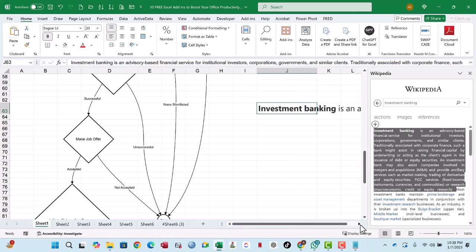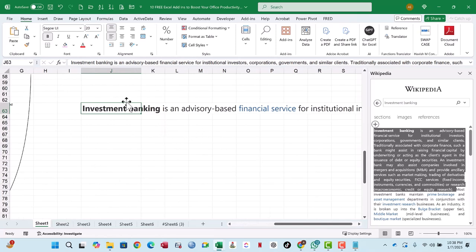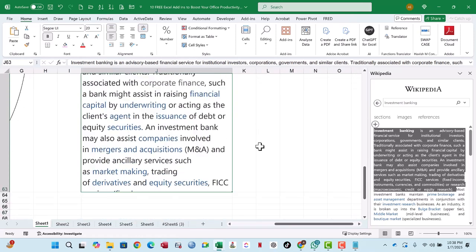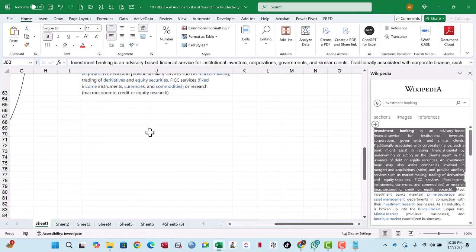You can see that. So that's information about investment banking. Maybe you want to have it in a section within your Excel worksheet, or you're trying